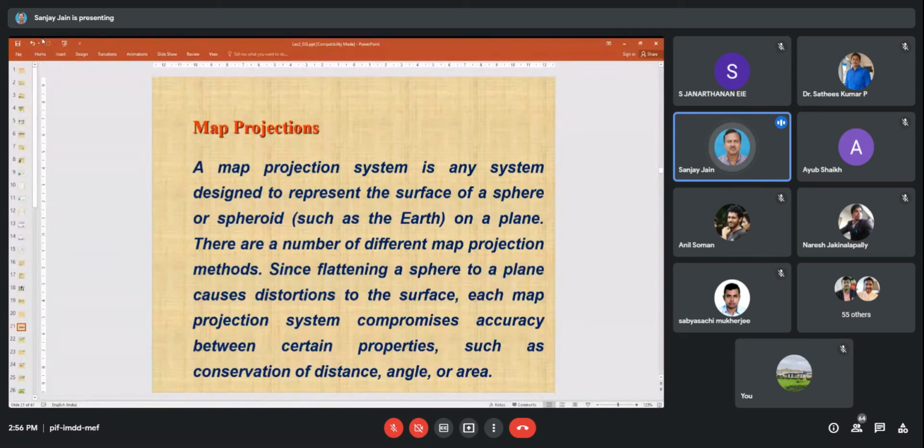There are a number of different map projection methods. Since flattening a sphere to a plane causes distortion to the surface, each map projection system compromises accuracy between certain properties such as conservation of distance, angle, or area. So that's why I have to give a certain projection system also.